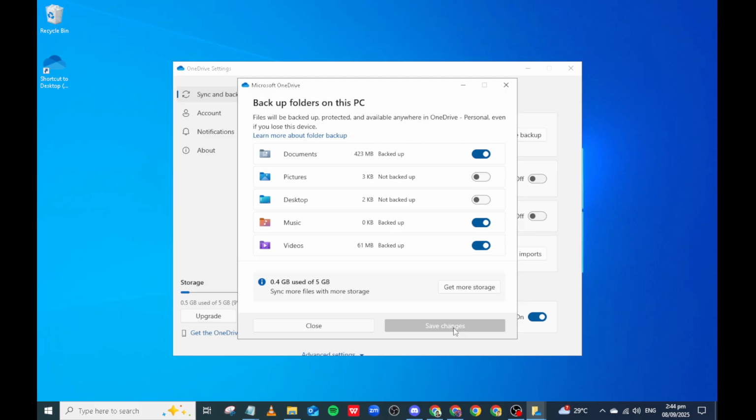This will give you more control over what gets stored in the cloud and help you manage your storage space more effectively. Remember, if you ever want to resume automatic backups, you can always return to these settings and toggle